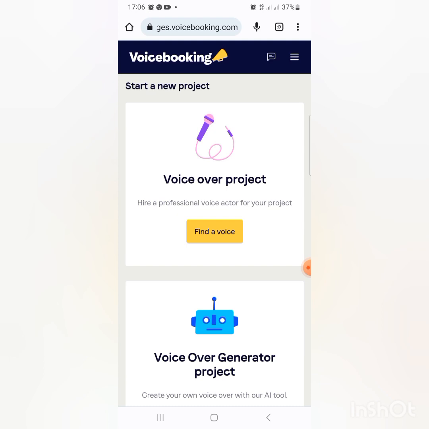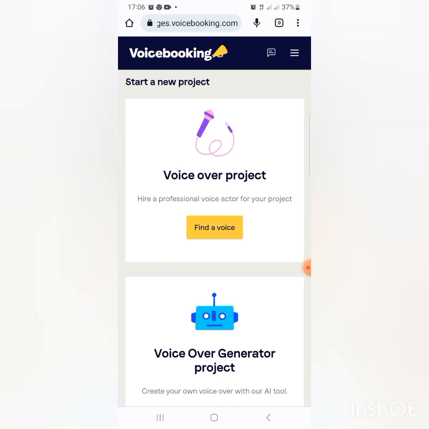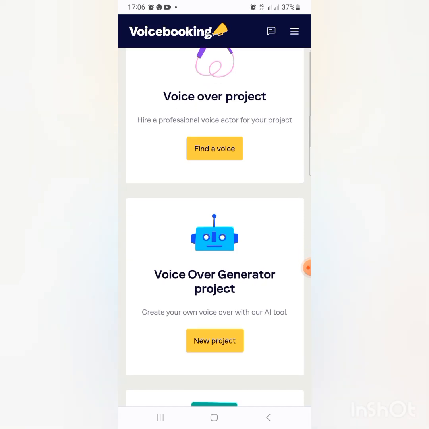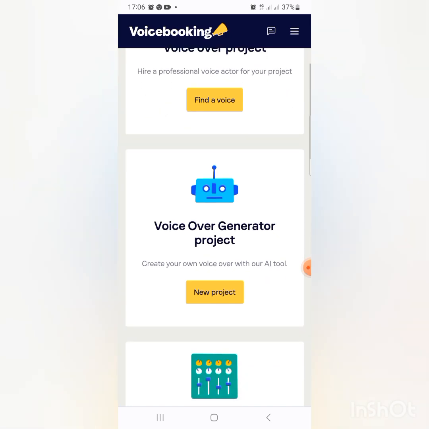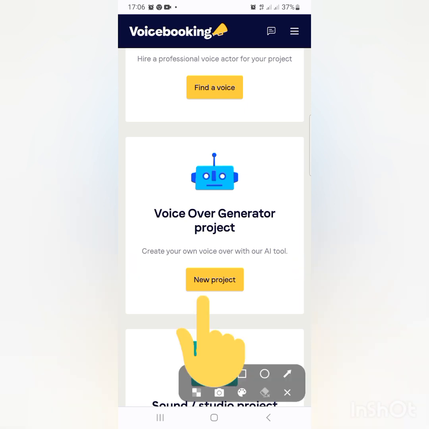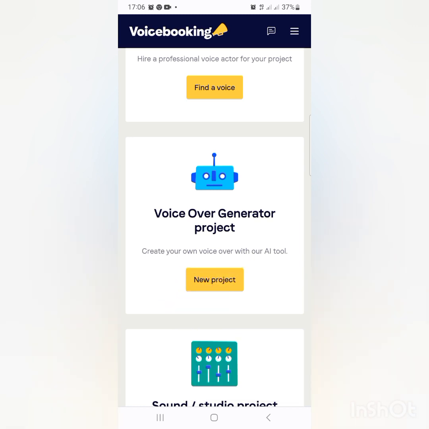Okay, so when you have done that, you have successfully created an account with them, and then you will go to verify your email. It is when you click on verify email they send to you that it will bring you to this page that I am now. So when you have clicked on it, it will bring you to this page, and then you are going to click on new project. All right, you're going to click on what? This new project here. So let me click on it